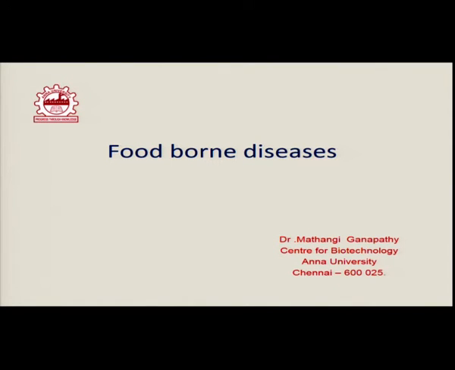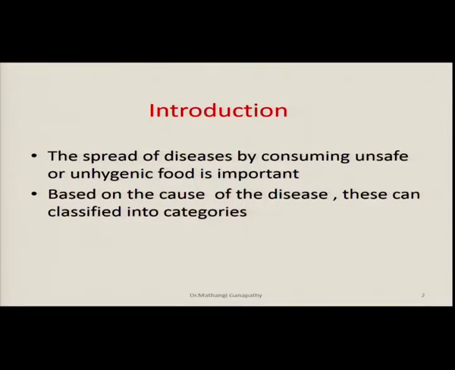So far in this series, we saw which are the common microbes which predominate different kinds of food, what are the conditions for their existence and proliferation in different types of food. We talked about the extrinsic factors, we talked about the intrinsic factors. Then we saw what are the practices which we have to adopt to prevent their growth and to have an extended shelf life for the different kinds of food.